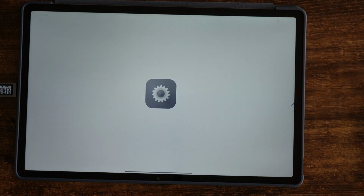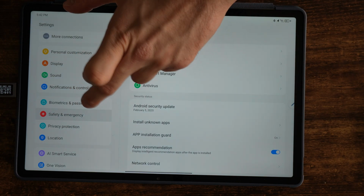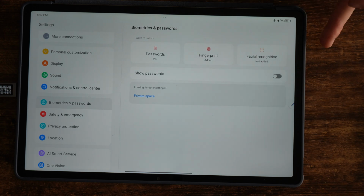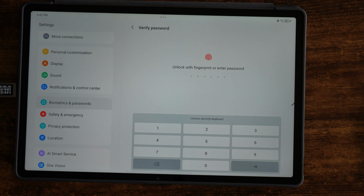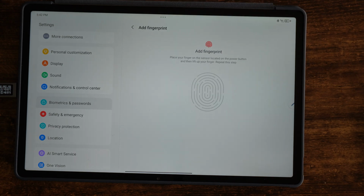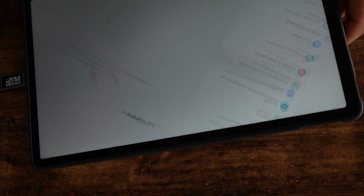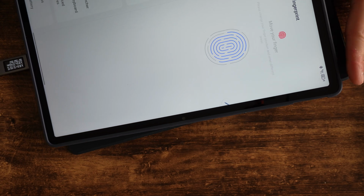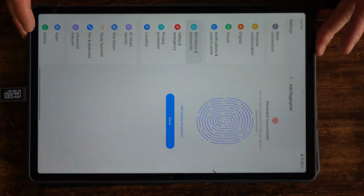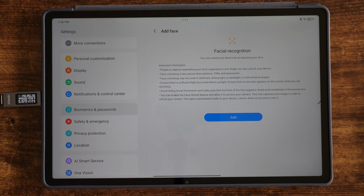We just go to settings. And then we go to safety and emergency. Nope, we go to biometrics and passwords. We are going to add more fingerprints. For that, we need to put in our password. With that, we have the option to add another finger, and that's just going to be my index finger. And it's on. This tablet also has face recognition, but it seems like it's only using the camera and it